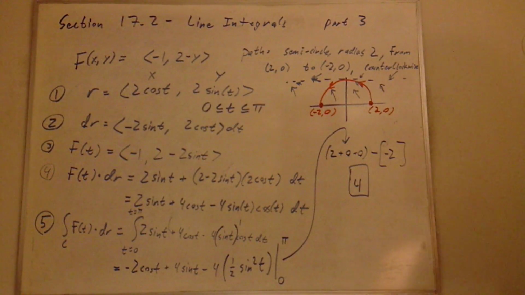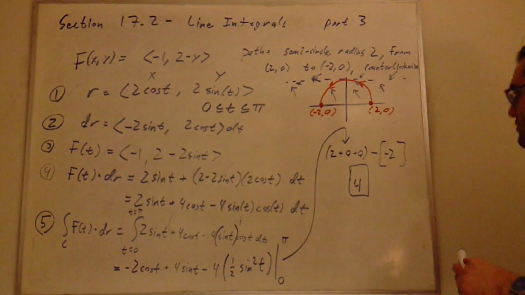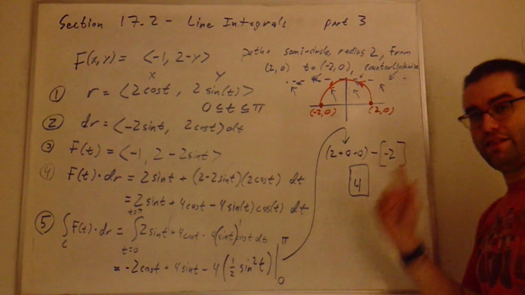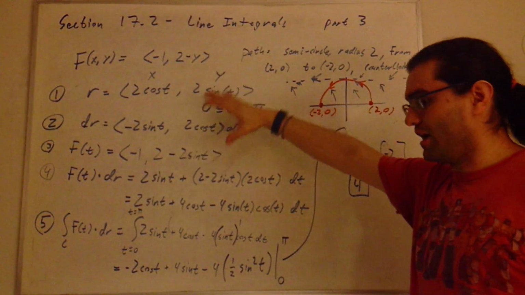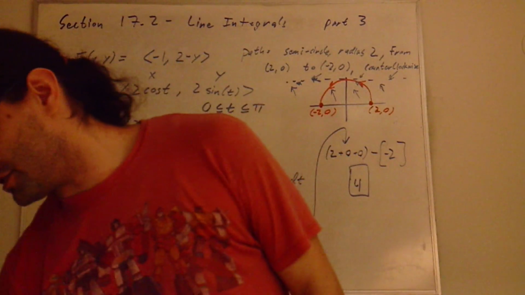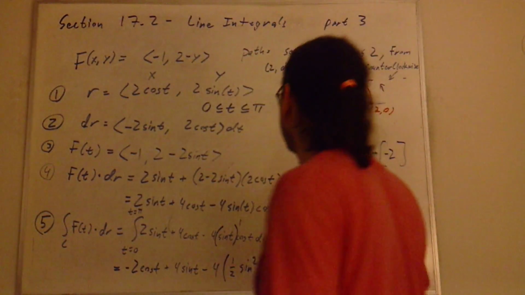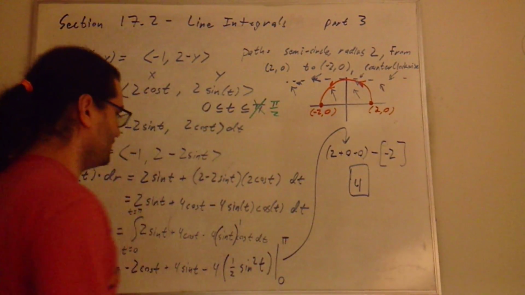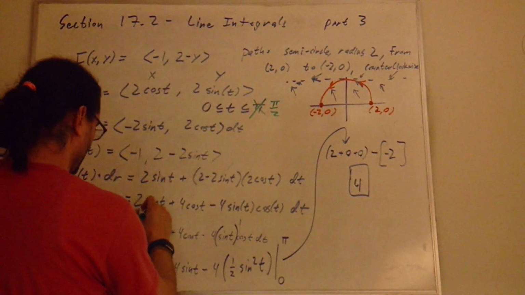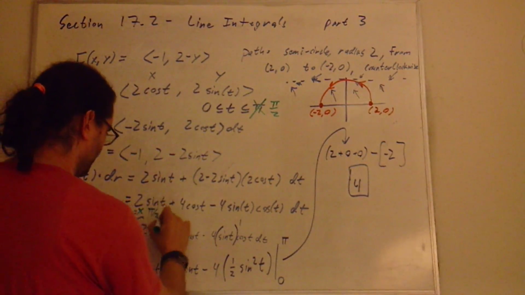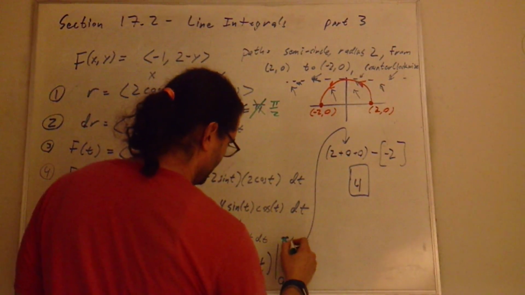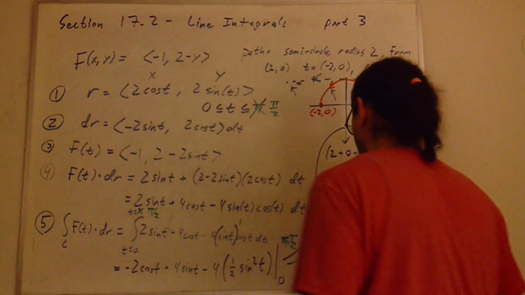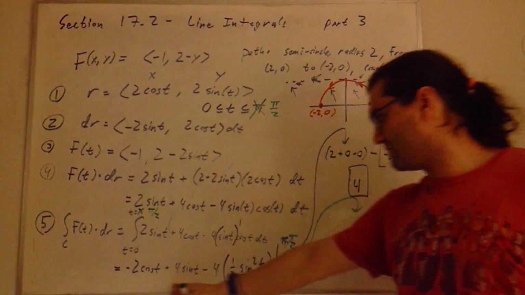I'm still really curious to figure out what happens if we only do the quarter circle and stop here. And the nice thing about all of this work is, now that I've got it all, the only thing that actually has to change for me to find that out is, instead of going all the way to pi, I can just go to pi over 2. And I'll swap this out for pi over 2, and I'll swap this out for pi over 2. And I'll do another one of these. If we take the same integral from 0 to pi over 2,